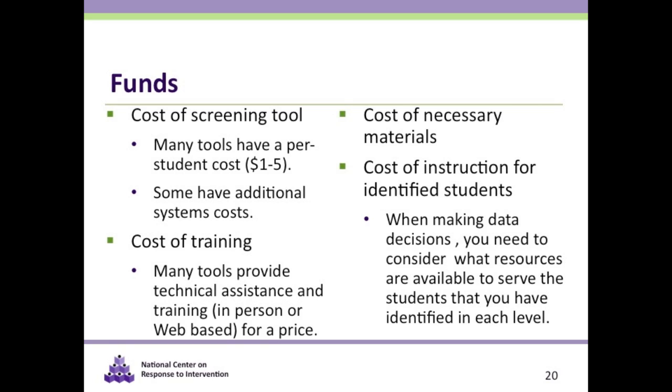An example of a cost for training for the Discovery Education Predictive Assessment Reading program is on-site professional development for $2,500 a day, or a professional development webinar for $250. Another cost to consider is the cost of instruction for identified students. The cut score or target instruction rate you select for screening should be related to the resources you have available for instruction. Think about your own school or district or the school in the case study and answer the questions